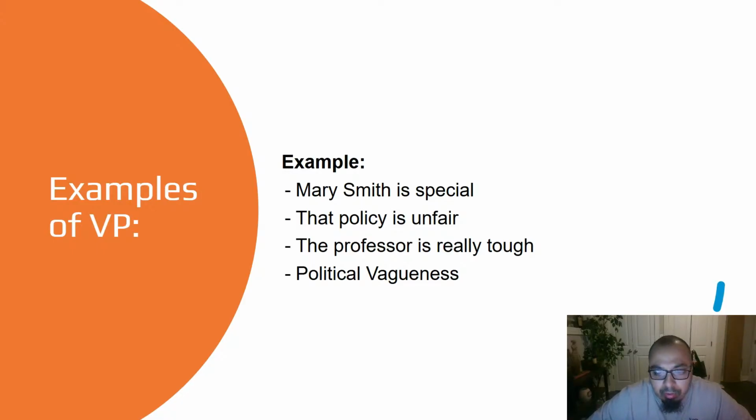How about we use political vagueness as an example. Let's say I support common sense reforms, which has been used a lot lately politically. Why is this statement vague? Well, what reforms? Common sense according to whom? Have you ever heard of the phrase "common sense ain't so common"? Common sense to whom? If you go to a different country, common sense is different in every other country.